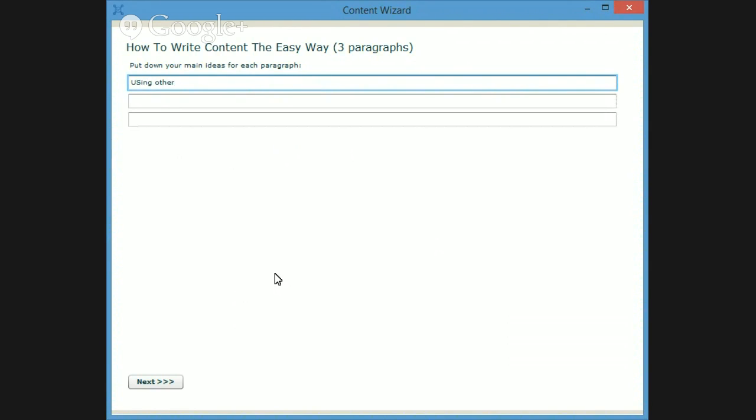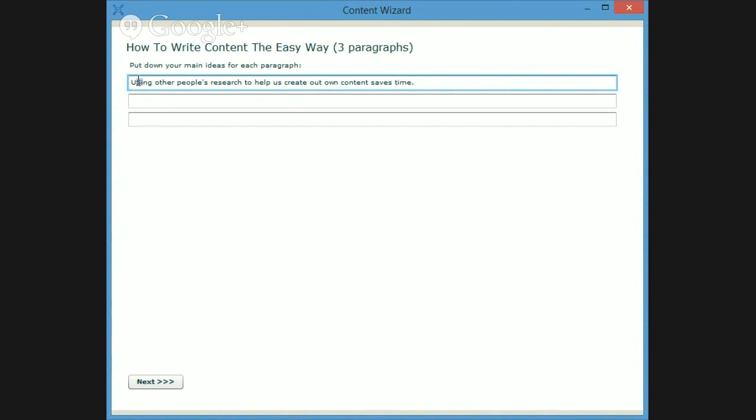Using other people's research to help us create our own content. Saves time.